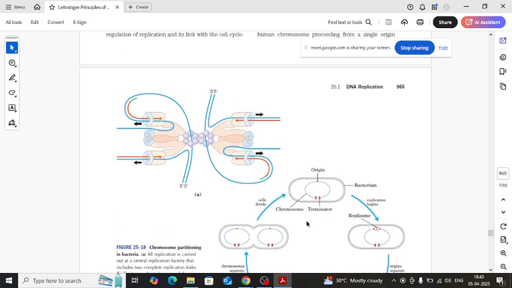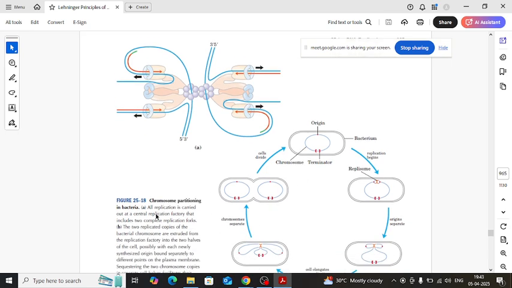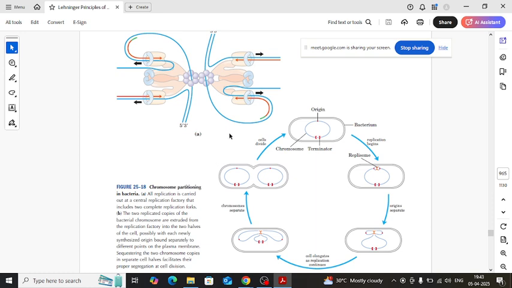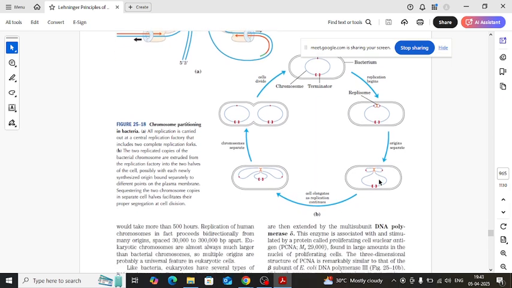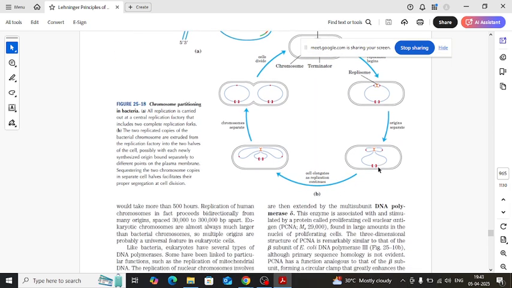So now we will see a summary of the DNA replication, which is chromosome partition in the bacteria which we studied. This is the bacterial chromosome, which is a circular plasmid. This is the origin of replication. From the origin of replication, the replication fork will start moving to opposite sides, one clockwise and another anti-clockwise, bidirectional replication, and then the cell will start elongating